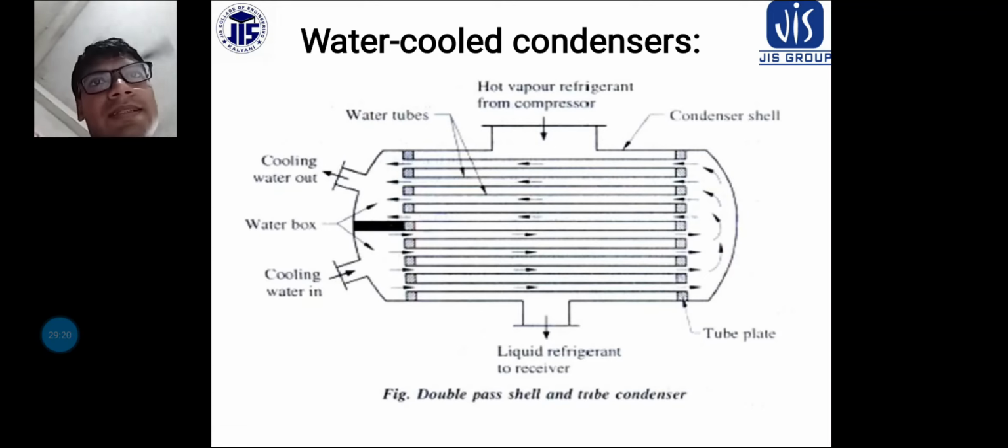Okay, and the following are the recommended fouling factors. For the copper tube used for R12 and R22 condensers, the fouling factor taken is 0.000095 meter square second Kelvin per joule, and for a steel tube used in the ammonia condenser, the fouling factor taken is 0.00018 meter square second Kelvin per joule. Okay, so this is the important thing.